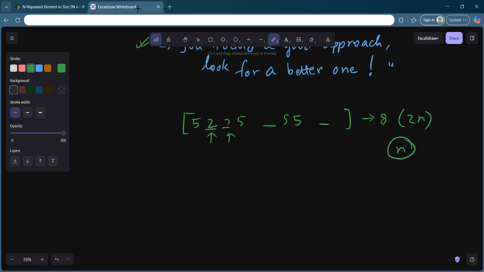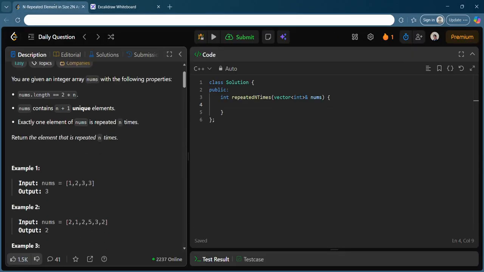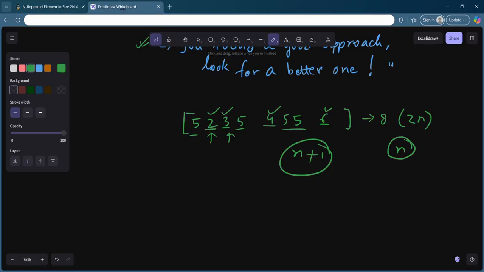So 2 and 2 cannot be present. But 2, 3, 4, 6, something like this, can be present. And you see the total number of unique elements: these 4 unique elements make you n unique elements, and one element is repeated n times, that is also unique. So n plus 1 unique elements. So the thing is that one element will be repeated half the number of times and all the other elements have to be unique. So it just boils down to